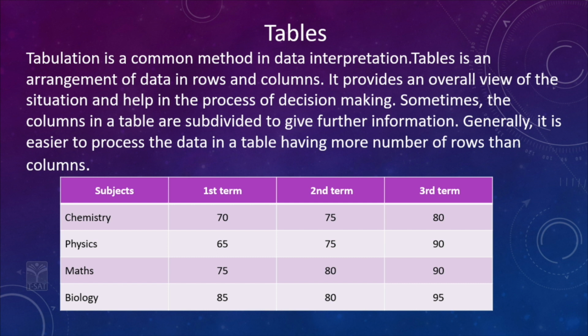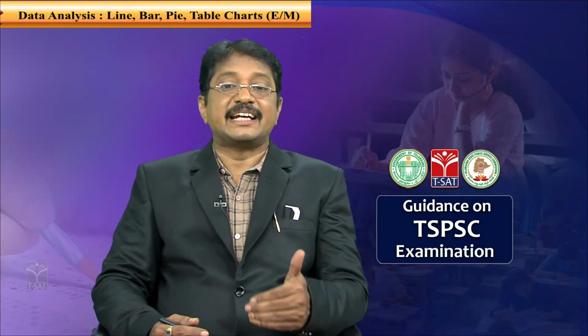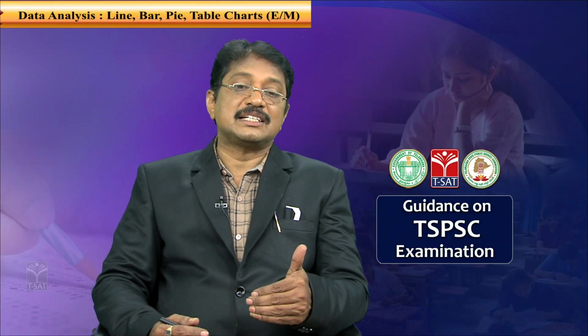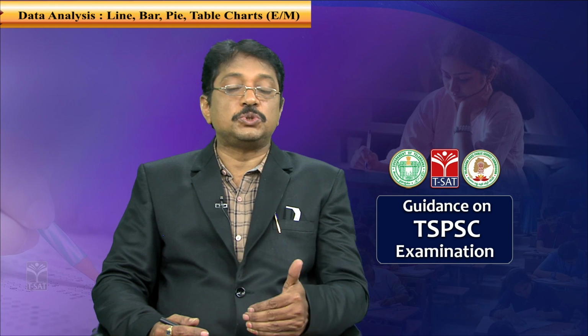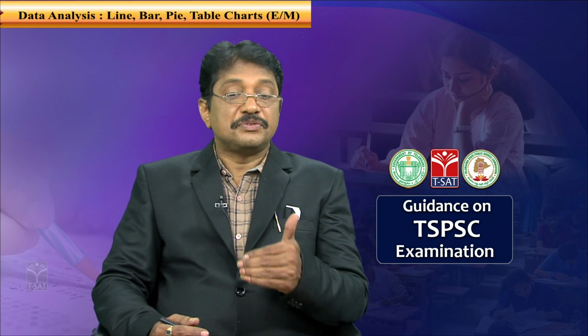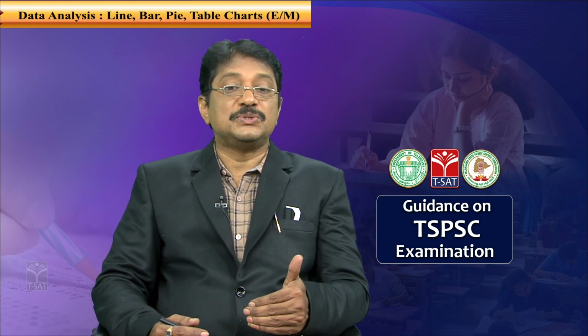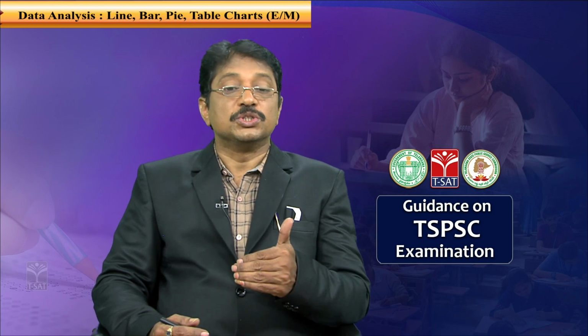For example, 10 to 20 is a class. So, what is the size of this class? It means 20 minus 10, which is 10. 10 is the size of the class. Sometimes we call it the length of the class also. This is very, very important. And the mid value, sometimes they may ask the mid value also. What is the mid value of the class? 10, 20 is given. So, simply we can say (10 plus 20) by 2, that is 30 by 2, 15. 15 is the mid value of the class 10 to 20.